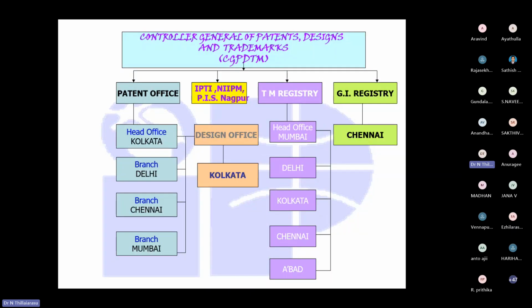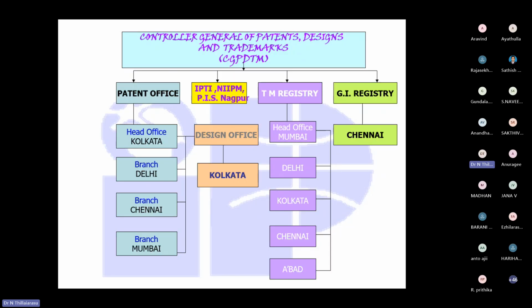See, four cities: Kolkata is the head office for design, and Delhi for patent filing, and we have branches in Kolkata, Delhi, Chennai, and Mumbai. Say you made a design of one fan with only three wings. You include a fourth or fifth wing, then it will be compared on power consumption and cost and everything. It's more affordable. Or you made some changes in the design, so it all comes under the design patent. Design is somewhat different when compared with these things.